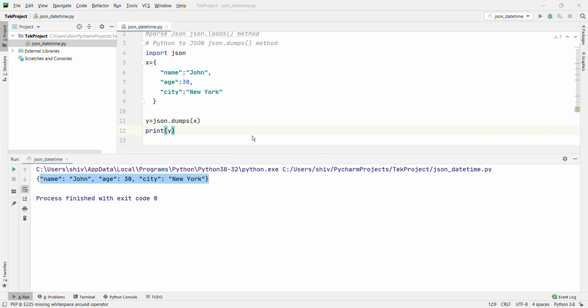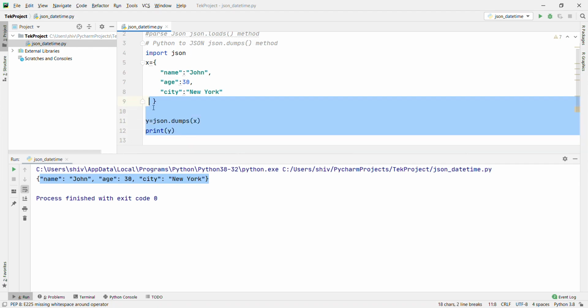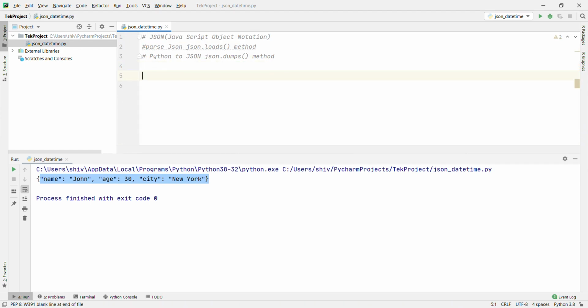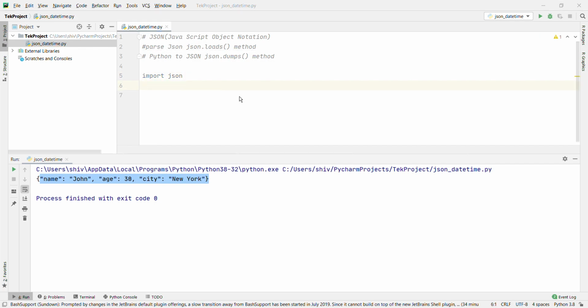Now I'm going to show you how to convert Python objects of different types into JSON strings: dictionary, list, tuple, string, integer, float, true, false, etc. For that, this is clear now, right? Now I'm going to import json, and first I'm going to convert a dictionary with json.dumps. Okay, for a dictionary how are we going to write?